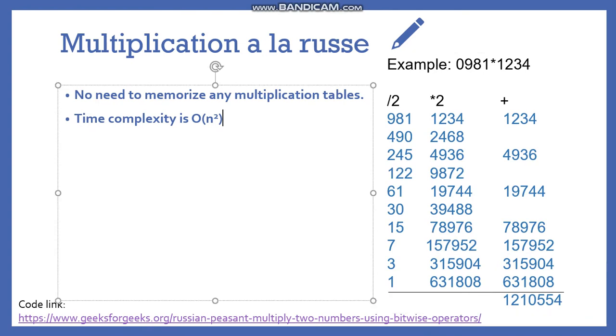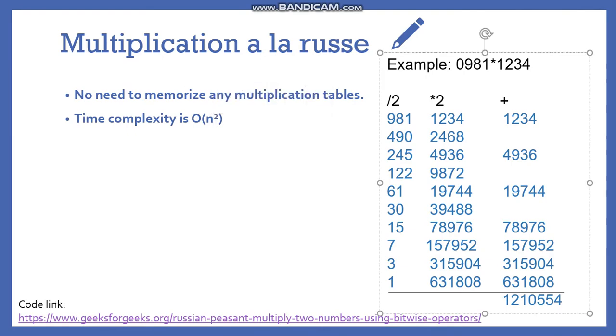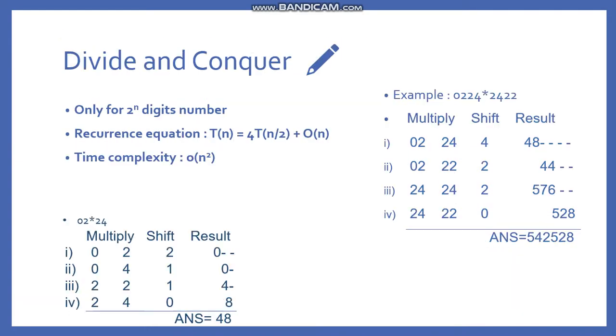This is also a simple algorithm, and this is the code for it. In this algorithm we don't need any extra space, so this is a space optimization. The complexity is also order of n square, because we need a division at every step, and division complexity is also high. So the complexity is order of n square.